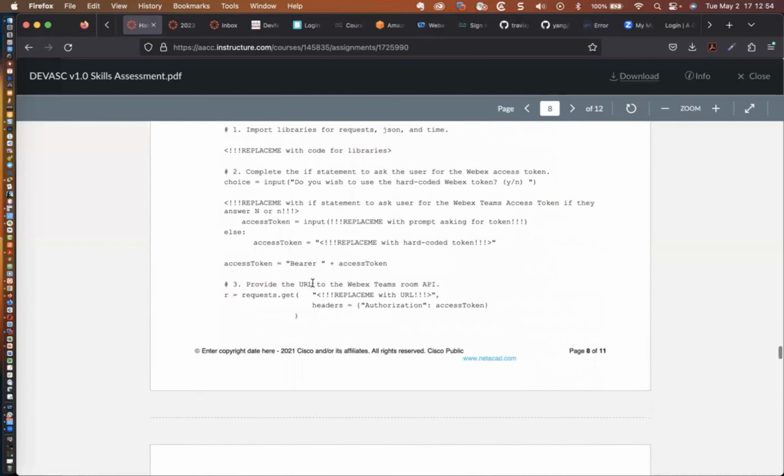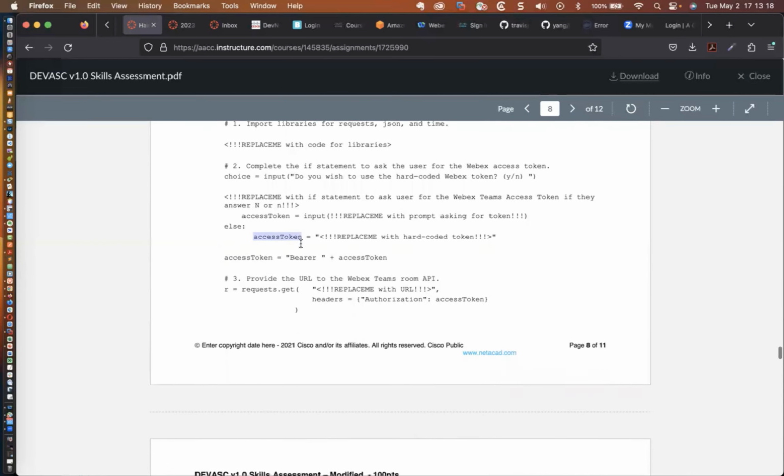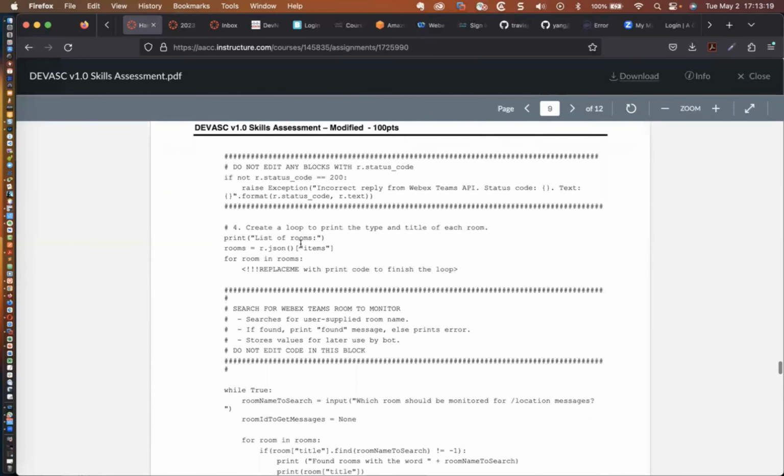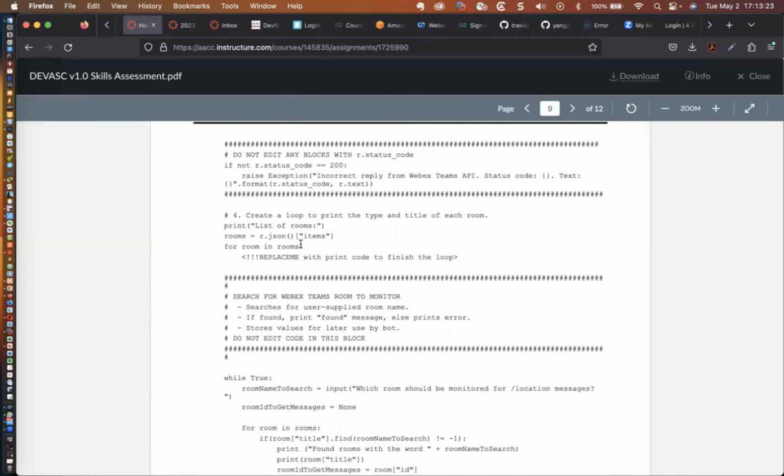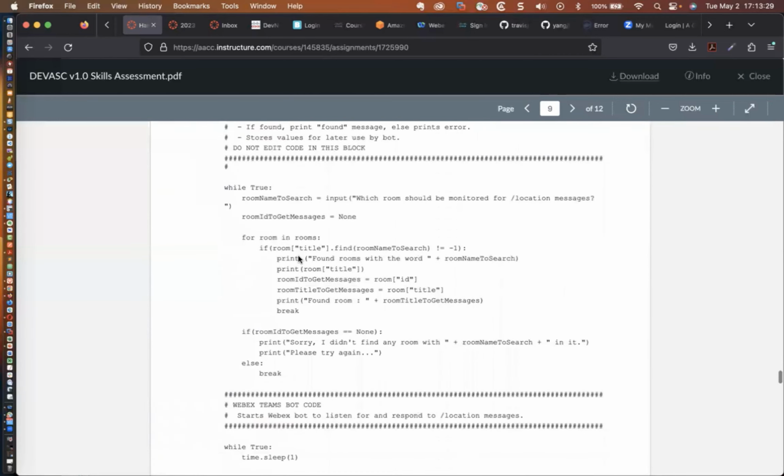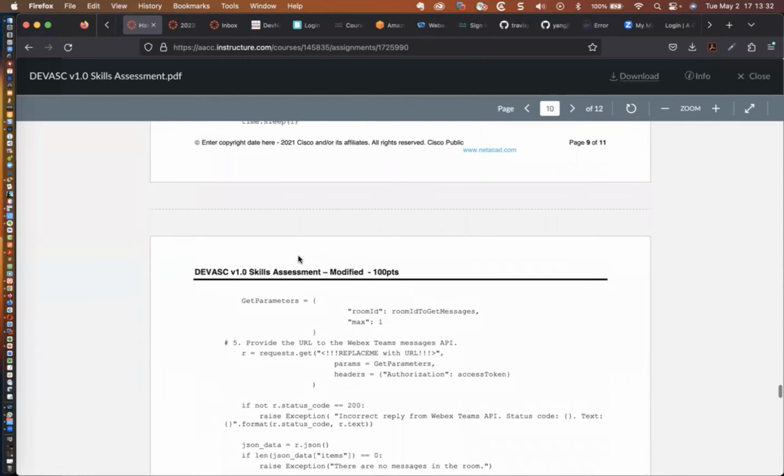update it. And this is the toughest homework to grade for me, and the reason is because you put your access token in here because you're creating your project, and then when I go to run these programs, I have to edit every single program and put my access token in there when I go to grade it. So this one's a pretty tough one to grade. But as you can see here, they give you the code, and they're going to tell you whether or not you're editing things or not, and they're going to tell you exactly what it is you need to fix or the code that you need